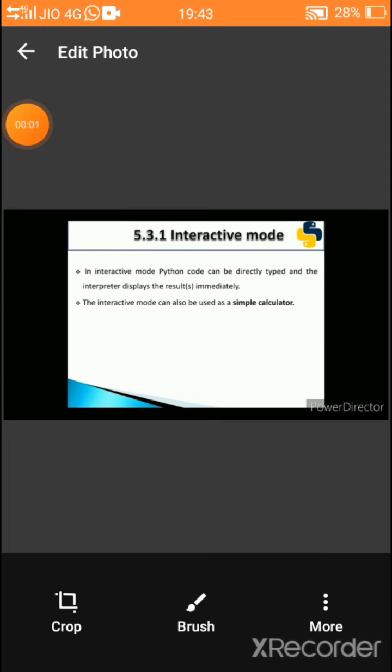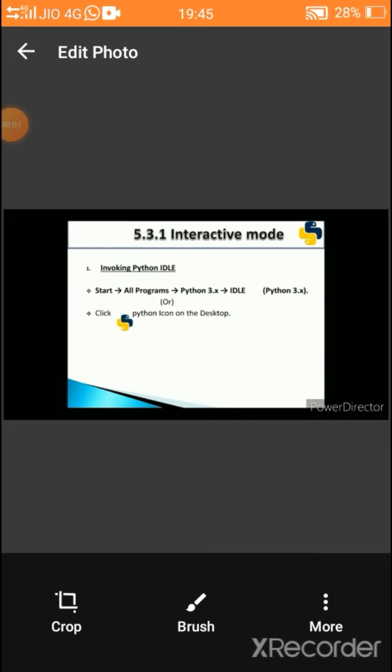Let's see how to write a Python program in interactive mode. So program code can be directly typed and the interpreter displays the result immediately. The interactive mode can also be used as a simple calculator. Let's see the steps involved to write a program through interactive mode.